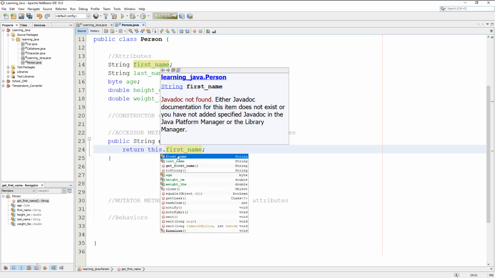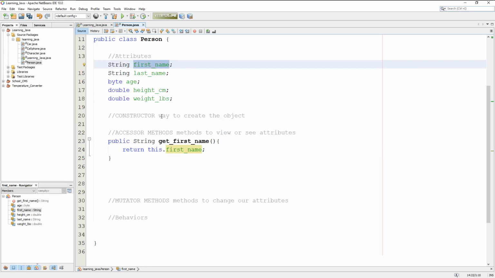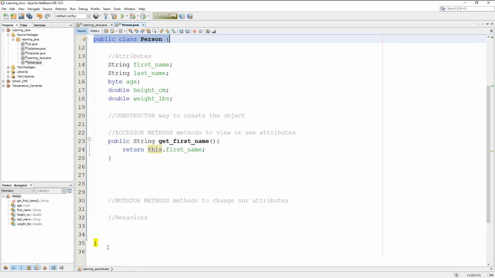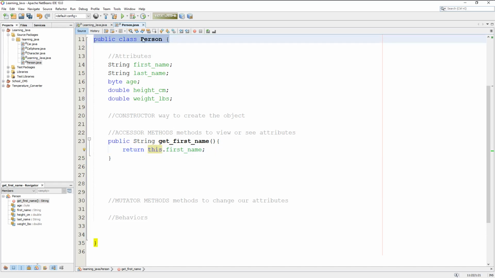Now we can click that first name, get rid of this, and that will pertain to this variable. You use the keyword this to represent this file. So this file is the keyword this, and then these are the attributes pertaining to your person class. Very simple. Don't overthink it. You use the this keyword to reference these values or variables. This works because it's within this actual file, so you're saying I want to use